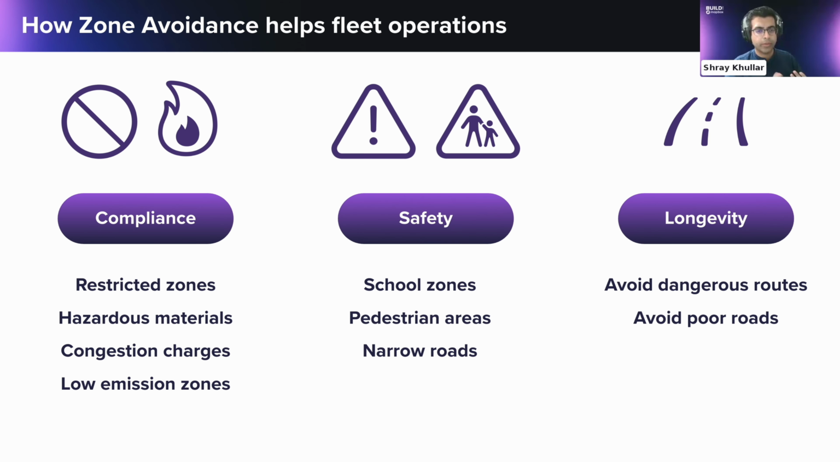And we see 3 major benefits when we talk to customers. First is compliance. Examples include avoiding fines or penalties by routing around areas which have specific regulations. Think of congestion charge zones: in high traffic areas, some authorities charge you more to enter. Low emission zones are increasingly popular, especially in European cities, as are areas with restrictions on hazardous materials